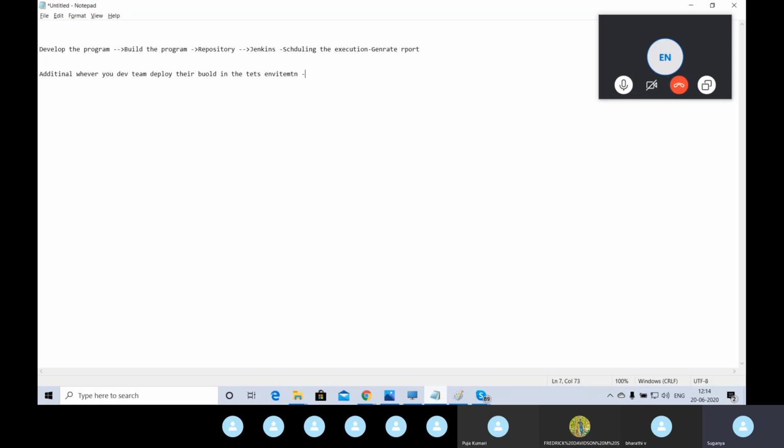So whenever the development is completed and they have deployed, automatically they will trigger our automation pack. You no need to wait until the deployment happens. Once the deployment is done, they will trigger your automation script so that you can go home for today, come and check the report the next day, and analyze the pass and failure cases. So this is the actual target state of automation.